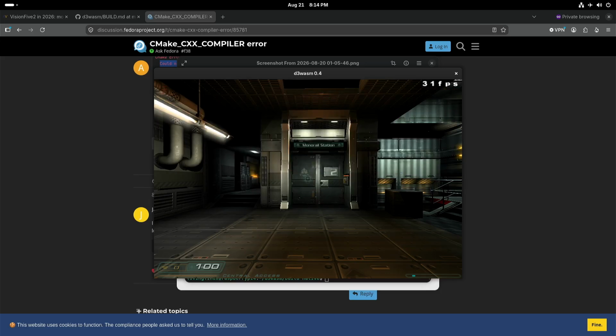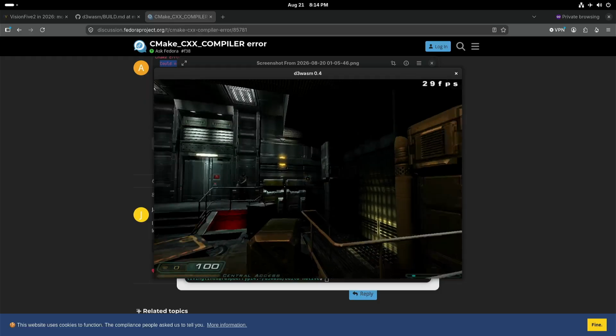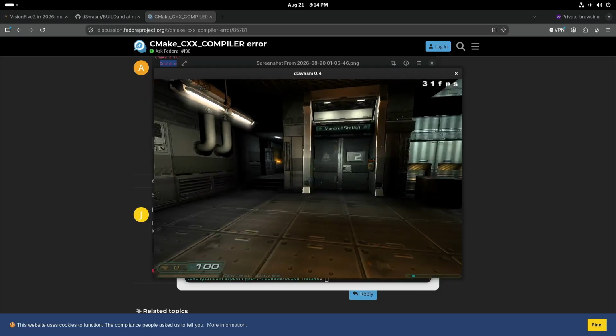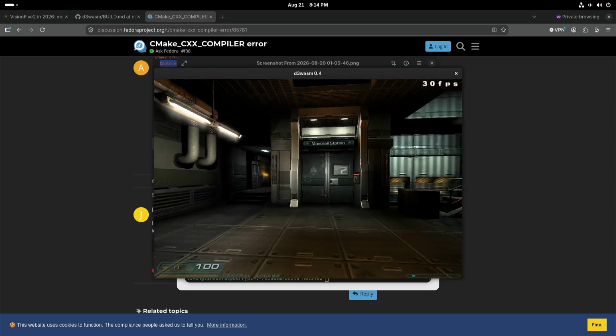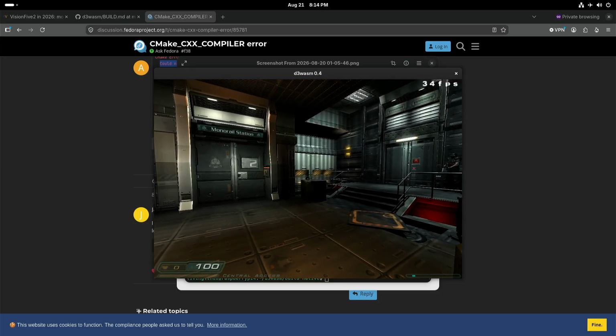Yeah, I was a little bit surprised to see that you can actually get it working on a Raspberry Pi 4. And well, when not that much is happening, then we see 30 frames per second. So I would say that's not bad for a Raspberry Pi 4. Yeah, if I ever get the full commercial game files, then I will try again on RISC-V. And of course, I always know a way to get them, but yeah, I would like to keep it fully